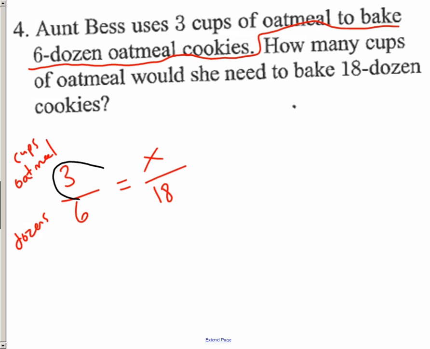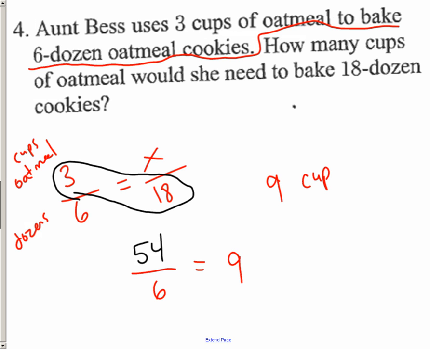Well, we look for the diagonal numbers to multiply on this proportion. So 3 times 18 is 54. So let me put 54 right here. You'll notice that we got 6 kind of left over there doing nothing. So let's go ahead and use that to divide it. 54 divided by 6 is 9. So there are 9 cups of oatmeal. That's how much Aunt Bess would need to make those